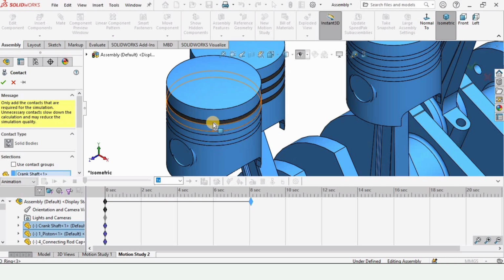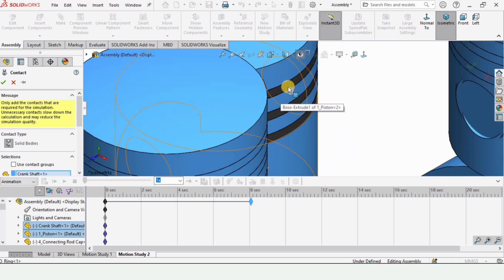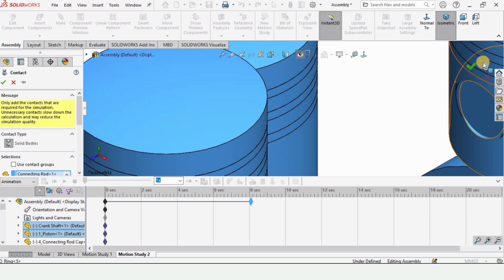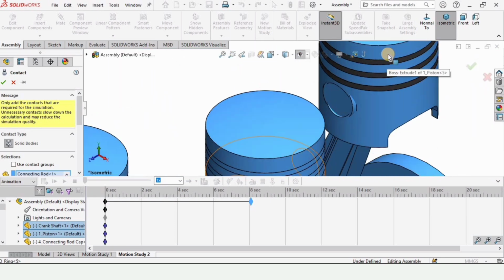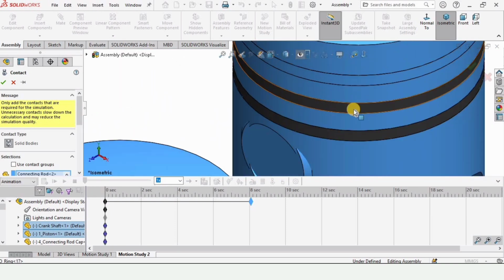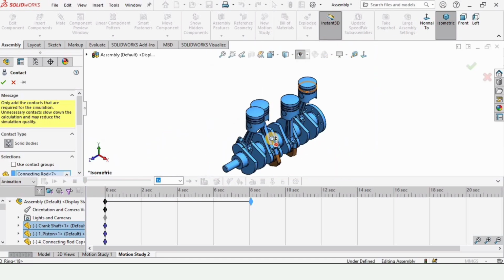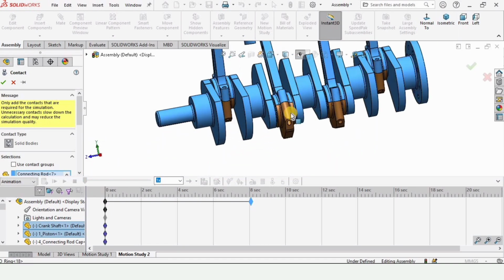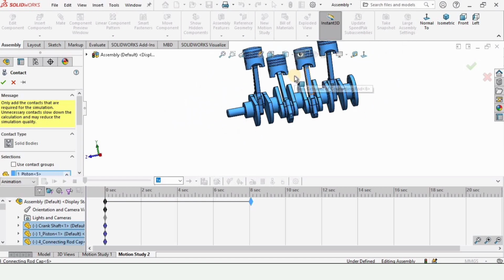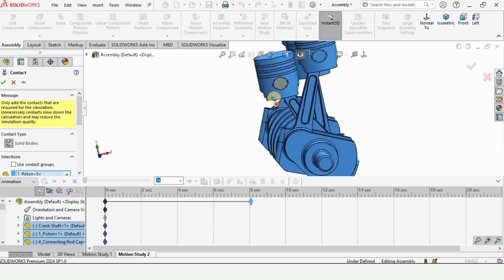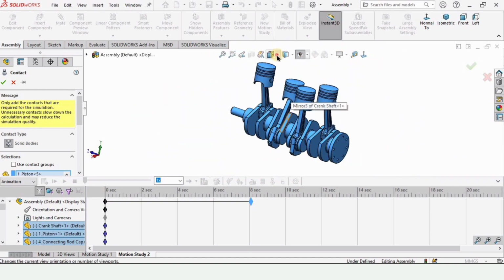So make sure to turn all of these parts blue, which indicates that all of these parts have been selected. So I'm selecting all of these parts, these O-rings as well, or you can say the piston rings. And after selecting all of these parts, some of these parts have been left, so let me select all of these. Okay, and after that make sure that you are in the right view as well,